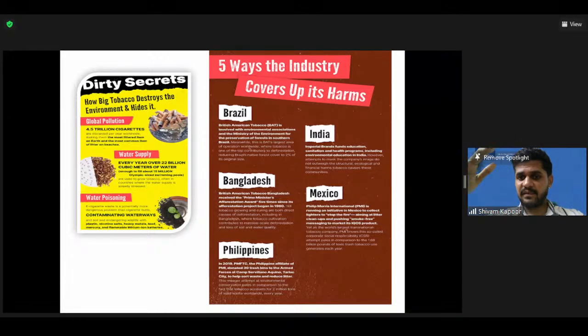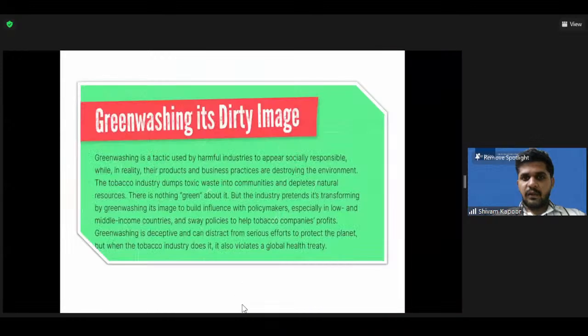There are various examples, broadly speaking: making a green image, doing a lot of sponsorship to the government and to common people, and saving their face by becoming their friend, which they actually are not. A very common term now being used, and I'll be sharing a few links for you to read, is greenwashing. Greenwashing is nothing but the tobacco industry being very friendly towards us, by being socially responsible and doing a lot of donations, whereas actually hiding the real truth behind them, which is contributing so much waste and toxic substance